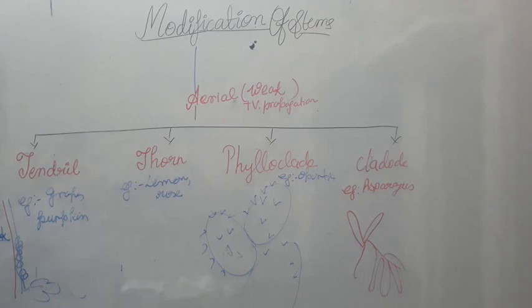So these are the 3 modifications of stem which we have seen today, and you know that the stems always show phototropic movement, positive phototropism and negative geotropic movement, right? So these are